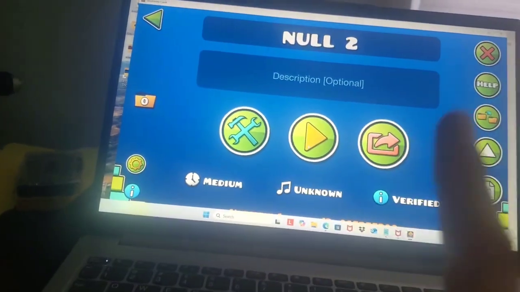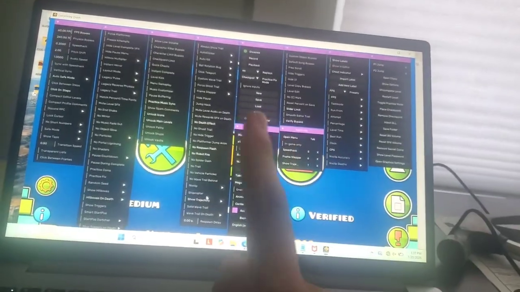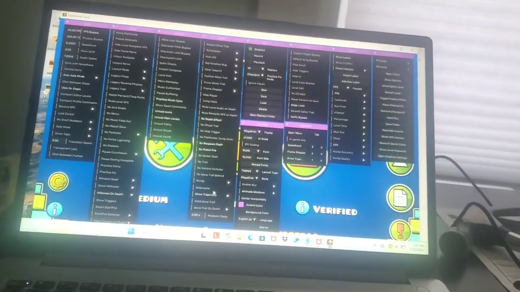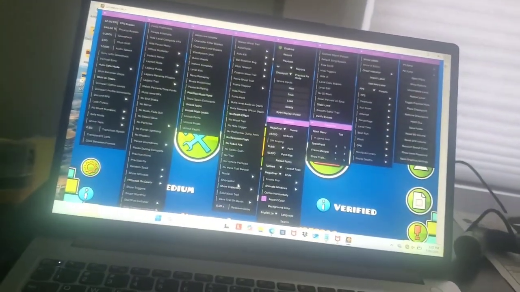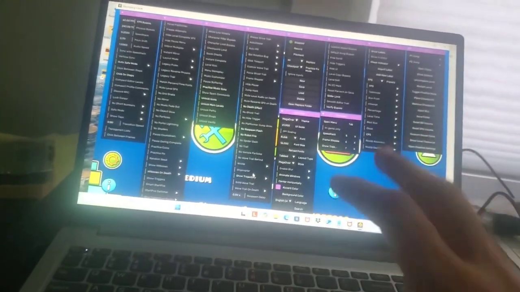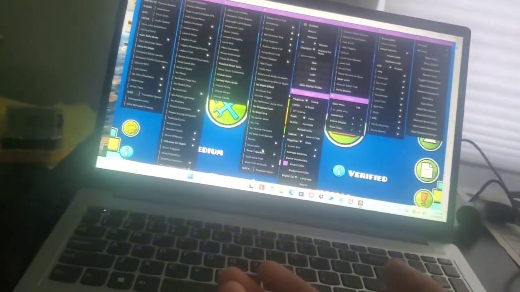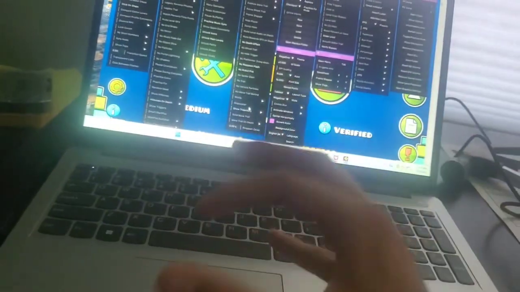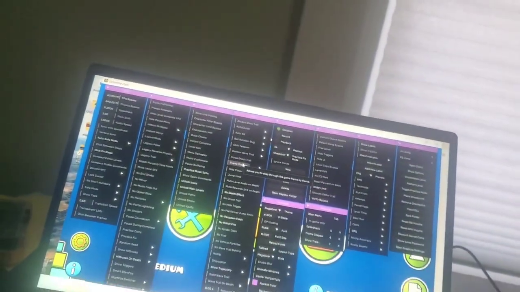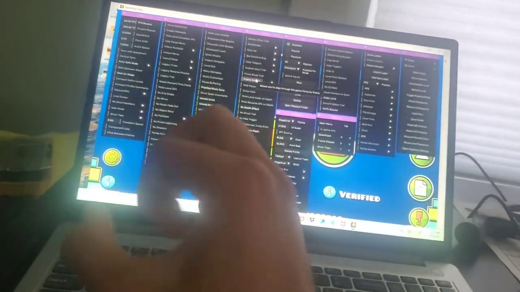Today I'm going to show you how to do frame windows. So you want to turn on show trajectory. The thing about show trajectory is that it'll always be 100% accurate for just non-slope normal jumps. But everything else is just kind of general and it can be a little bit off. It's just a visual thing, so it can help you, but it's not going to be the thing that tells you the frames. And then frame stepper, this allows you to go frame by frame in the level